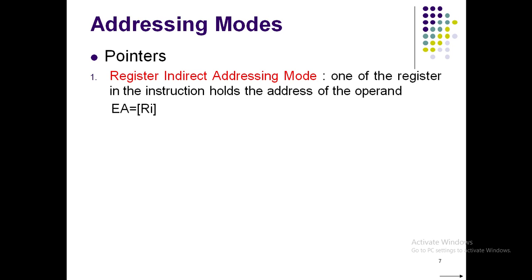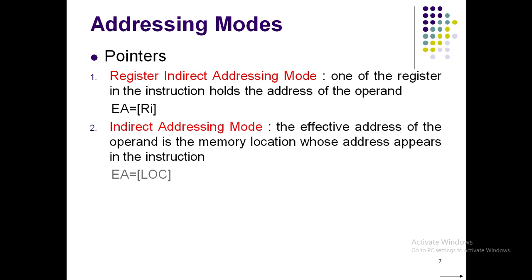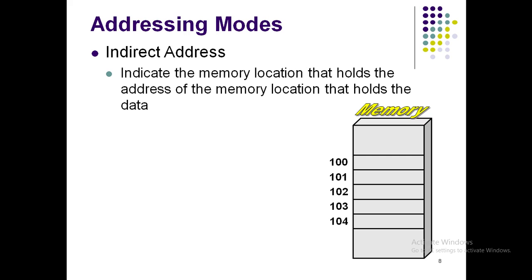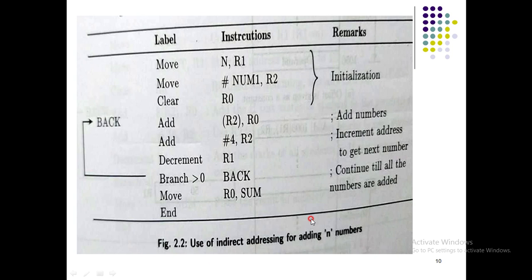Here in indirect addressing mode, the first thing we saw was the use of pointers, and how it is done with the help of a register as well as with a memory address. I will not go into much detail here, so please view the previous videos. The next important thing we saw was how this indirect addressing mode works. We also saw this example through a general purpose register as well as through a memory location. We also saw an example wherein we tried to add numbers, and each number would carry around 4 bytes and all those things.